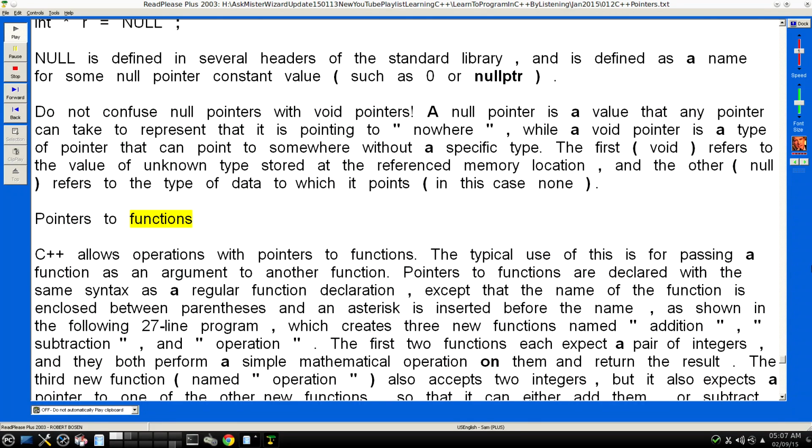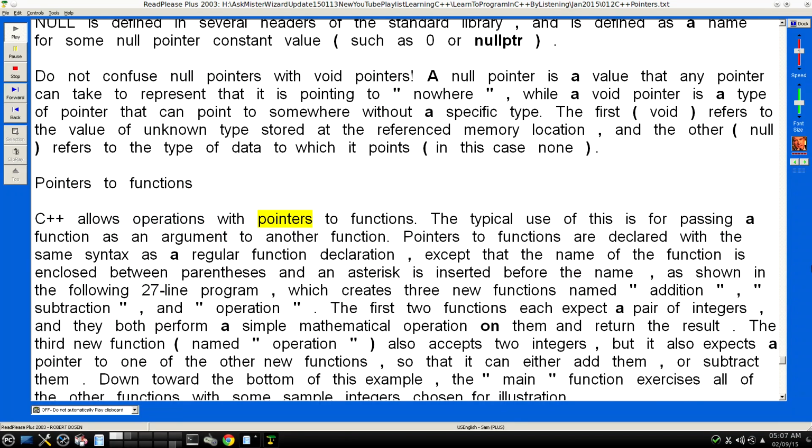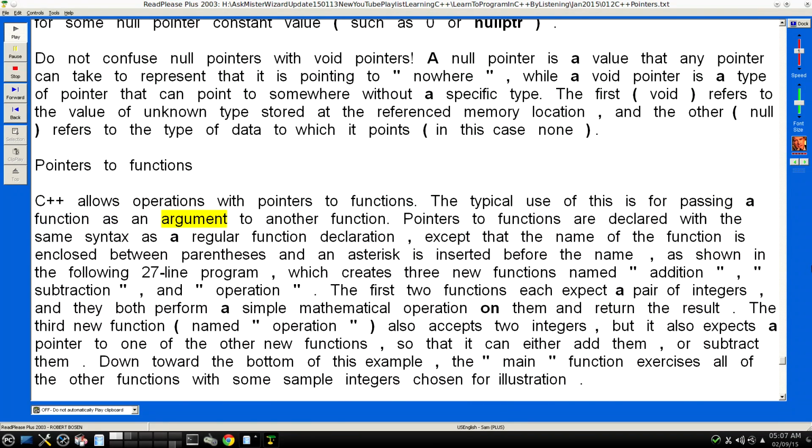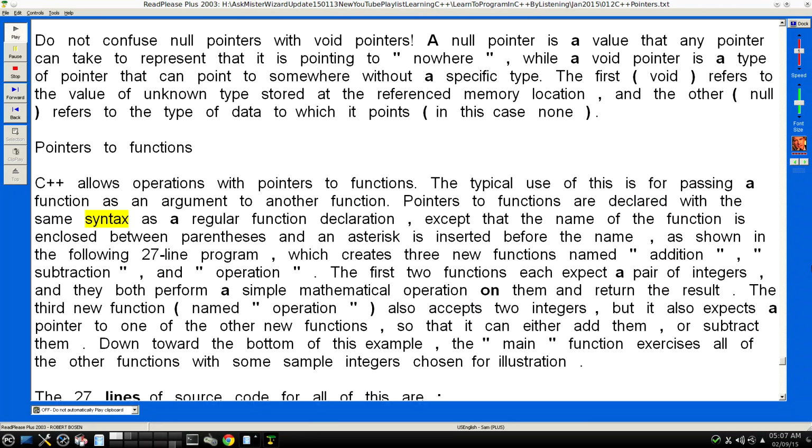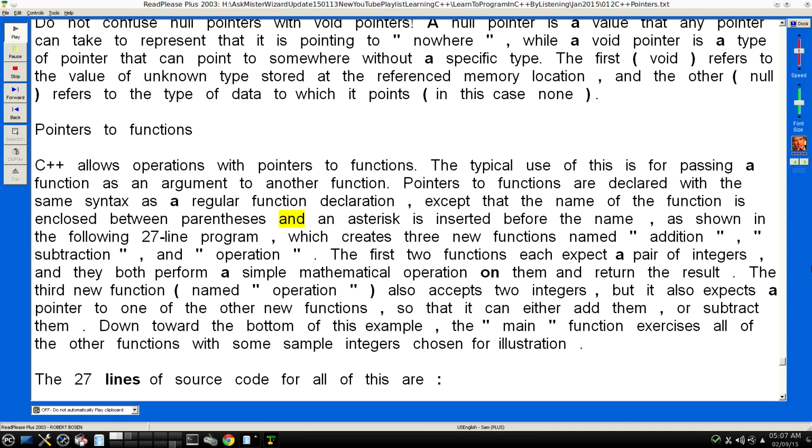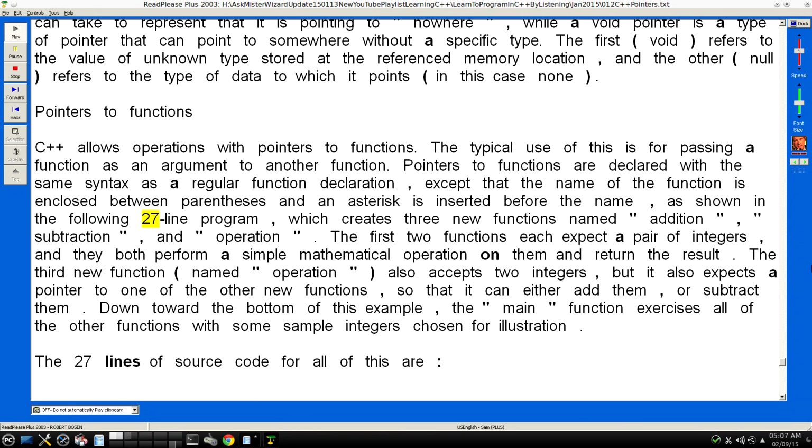Pointers to functions. C++ allows operations with pointers to functions. The typical use of this is for passing a function as an argument to another function. Pointers to functions are declared with the same syntax as a regular function declaration, except that the name of the function is enclosed between parentheses and an asterisk is inserted before the name, as shown in the following 27-line program,